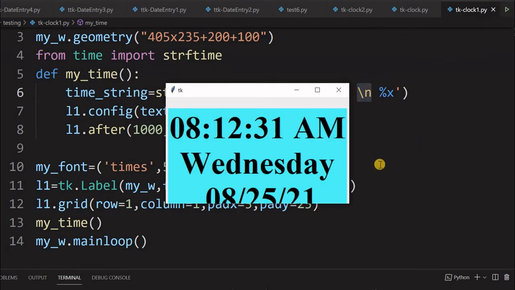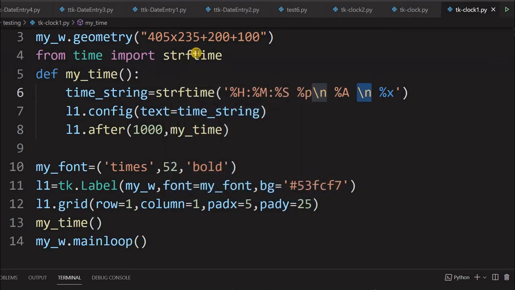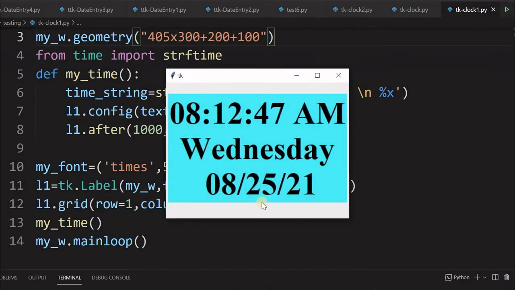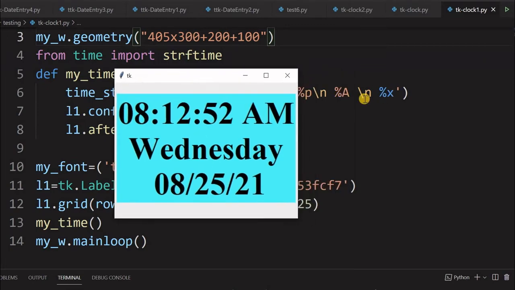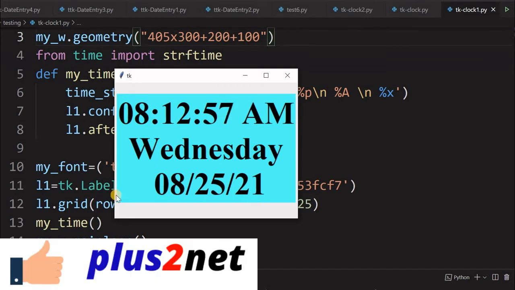Let's just see this. Okay, here it has come, but I have to increase the height of it. Let me put it at 300, because it has to accommodate one more line. Fine. So this is how it will be. This has come because of this %x here. You can change the format you want. If I should give a full month name also, you can use that. The entire list of formats to be used is available in the description. This also you can change.